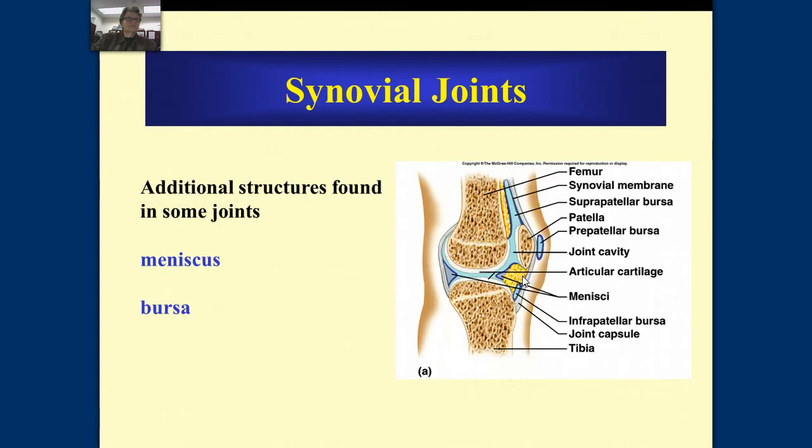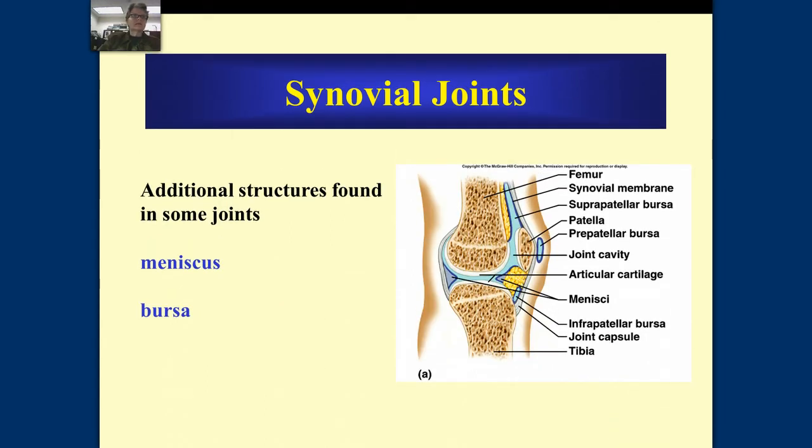So there's an inflammatory response. Now, the most complex of the synovial joints is the knee joint. Now, we talked about this. This is the distal epiphysis of the femur and the proximal epiphysis of the tibia. Now, these do not touch. We have the synovial fluid in between them. Now, the knee has to carry the weight of the entire body. It is the most complex of the joints, and because of the wear and tear on that knee, it has